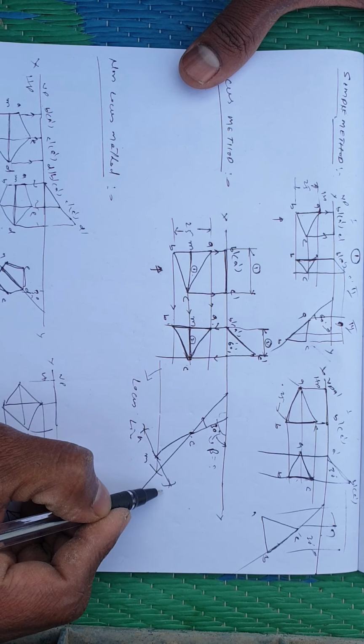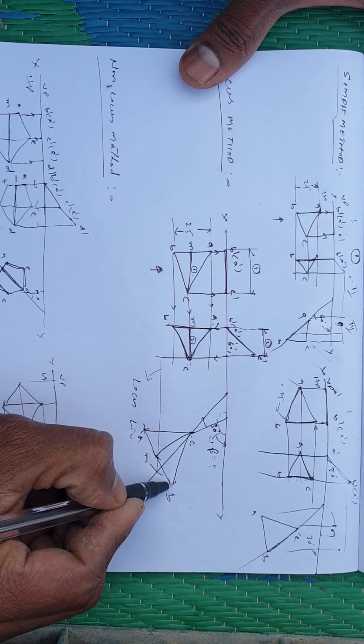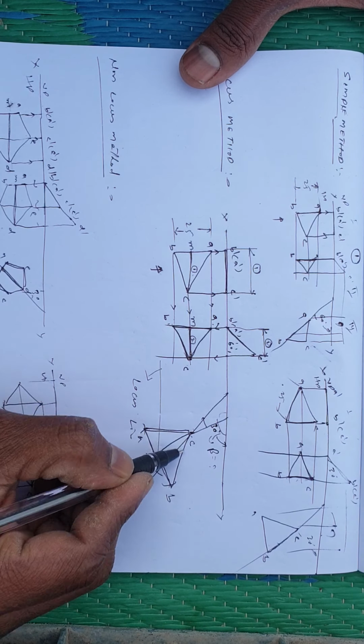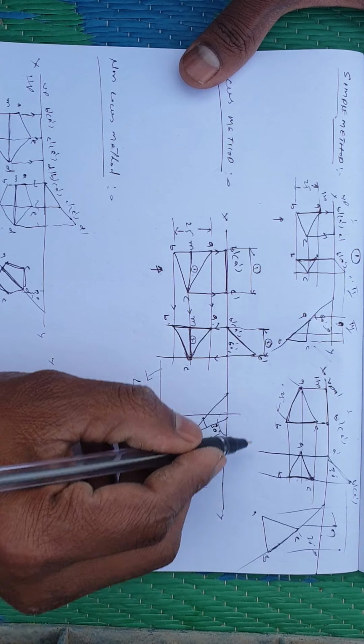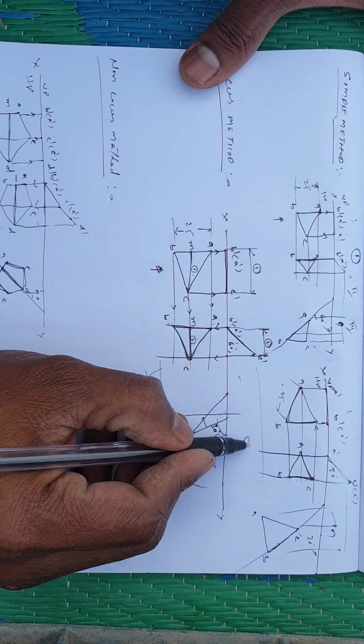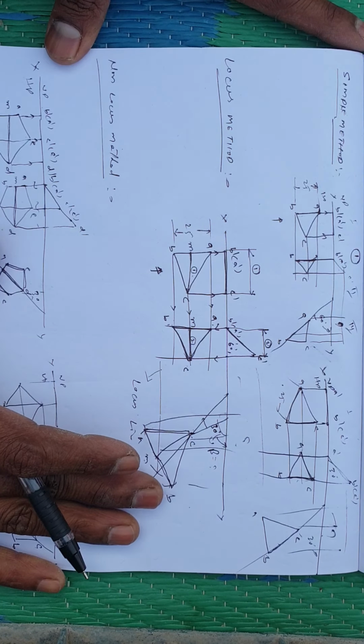This point will become A, this point will become A, and this point will become B, and join the remaining three sides. This is the point A, B, C, and this is the point M. Now by using a compass and protractor, get the final front view. You know how to complete this one. So this is the low cost method, the standard procedure.